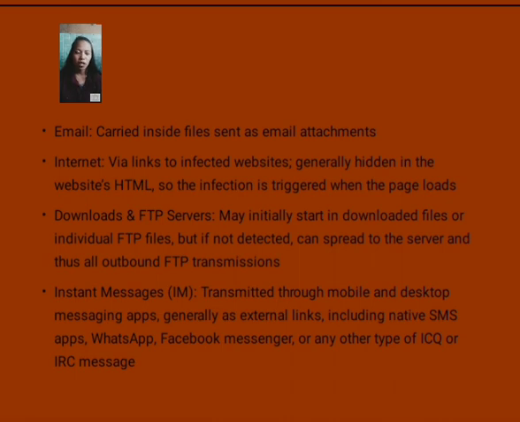Worms also spread through instant messages, or IM, transmitted through mobile and desktop messaging apps, generally as internal links, including native SMS apps, WhatsApp, Facebook Messenger, or any other type of ICQ or IRC message.